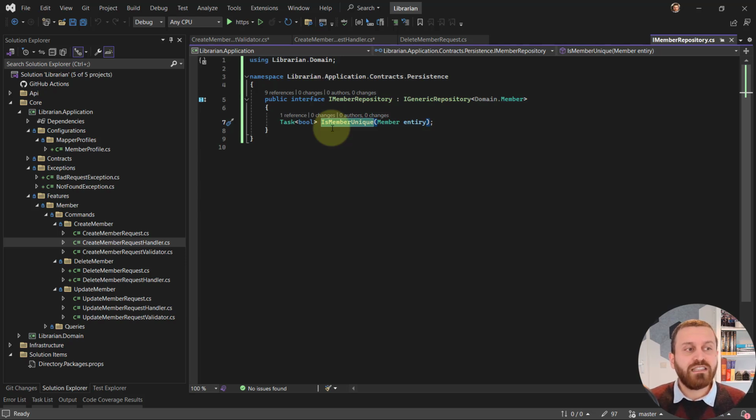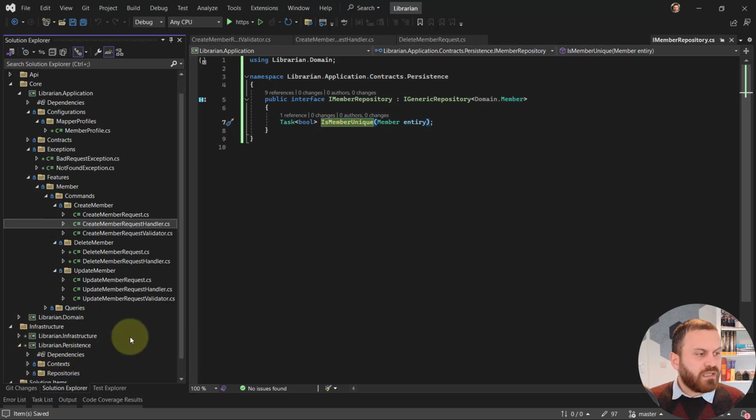The first thing that I need for members is checking if the member is unique, and we don't have any member with this specific information in the database. It is one of the usages of using generic repository and inherit from generic repository and create one domain model specific repository. Okay, let's save it, save everything, and go to the